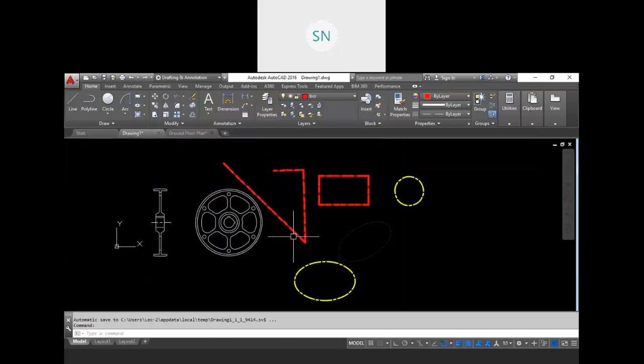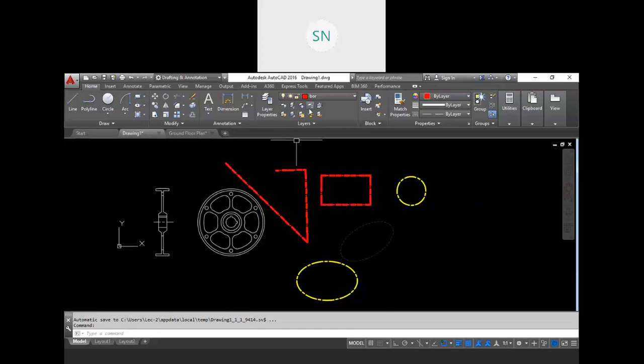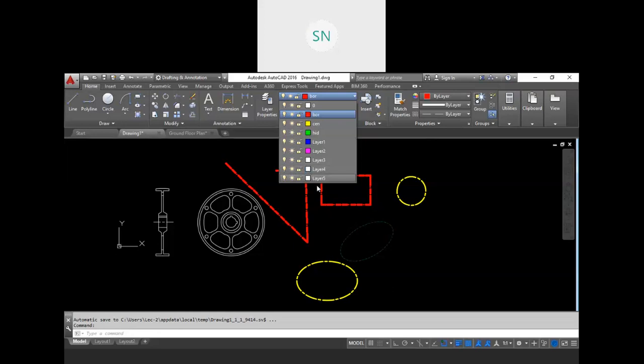Now let me discuss some other facilities in the layer we have. Because as I told you, in the industries we have so many layers in a drawing, right? So how to find that exact layer? For example, we have one drawing from the industry and there are some layers in off condition, some layers in freeze condition, and we have almost 200 plus layers. So how to manage them properly? How to find which layers are in off condition, which layers are in freeze condition? And we just forgot to discuss the lock. So let me discuss lock now.